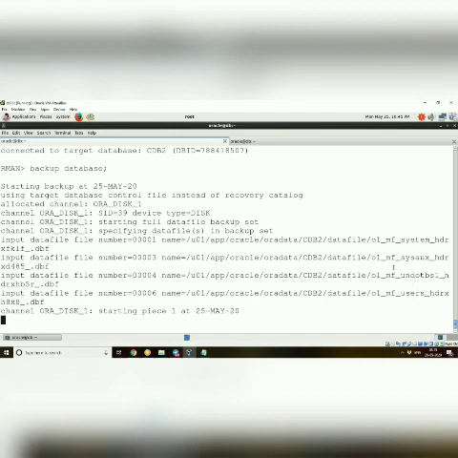Next one, the other PDB and PDB$SEED also it will take. So it will take some time.